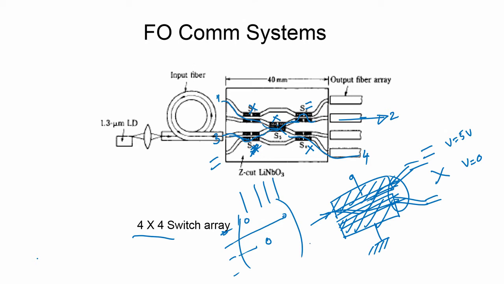Of course, you can work out more complicated examples, and you can say that not all combinations are possible. This way you can achieve higher order switching by using 2 by 2 elemental switches. So, when you look at the technology, typically this is made on a lithium niobate crystal with electrodes on top, as shown here. The input is through fibers, each of which contains data signals typically of the order of 10 Gbps,